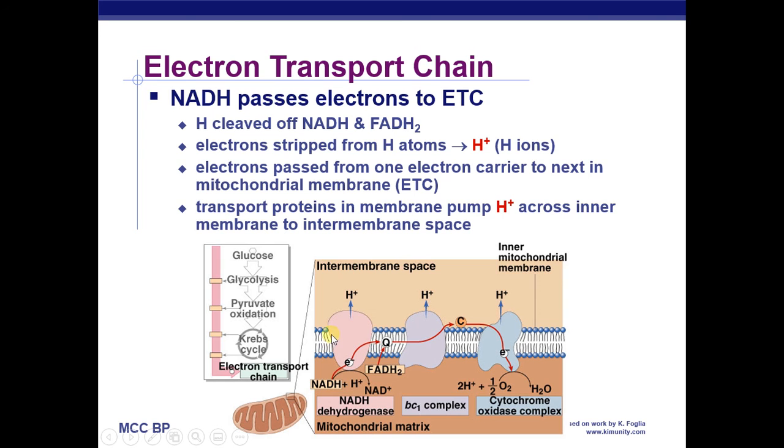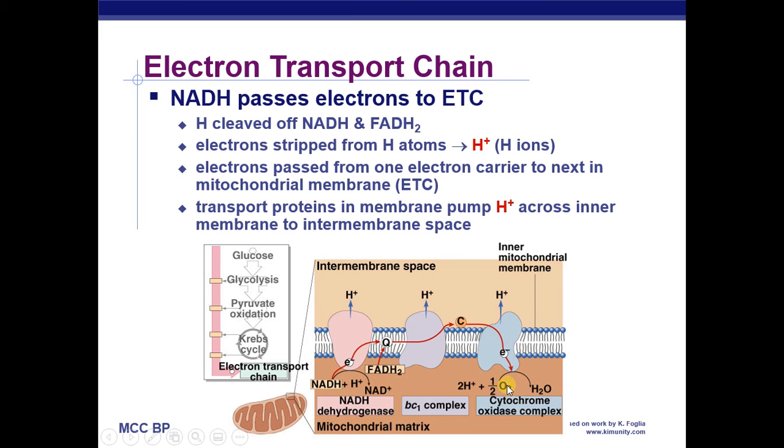And as by these proteins to transport hydrogen ions from the mitochondrial matrix to the intermembrane space, from the middle of the mitochondria to the inner membrane space. So as the electrons travel down the chain, they power these pumps that move hydrogen ions from the mitochondrial matrix into the space. And when the electrons get to the last protein of the chain, they are finally passed